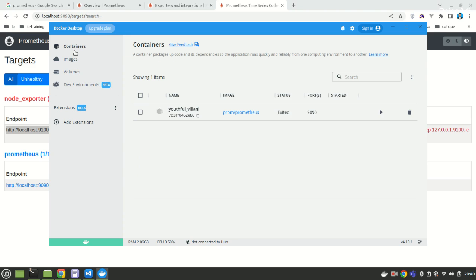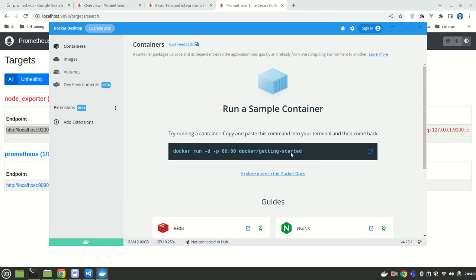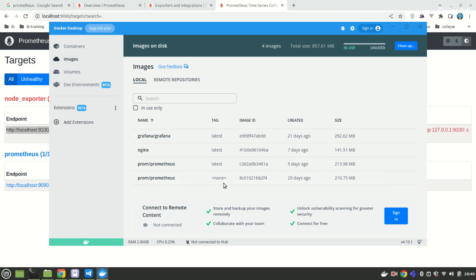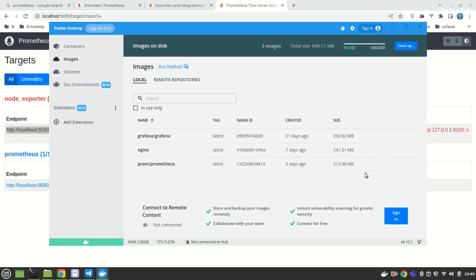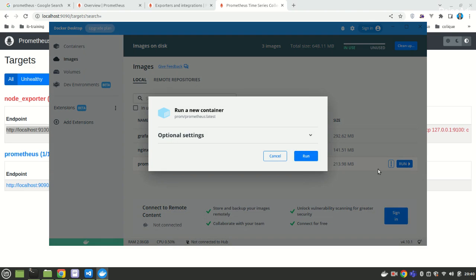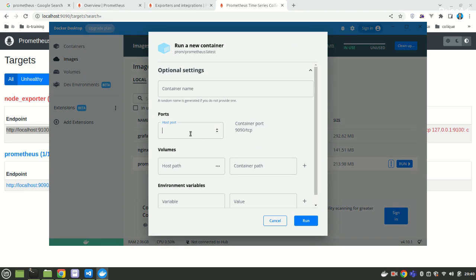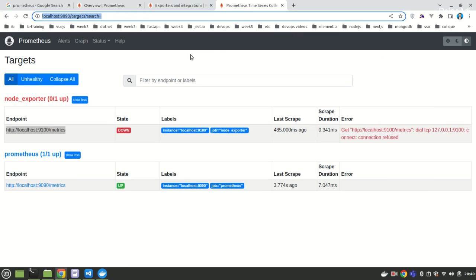I already have some containers. That's okay, let's just delete this first. I don't know which one is the last, so maybe I'll delete this one also. Maybe that's the old one, and this is the newest one, the latest one. So I'm going to run this and change the port,